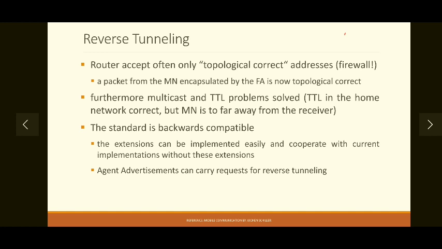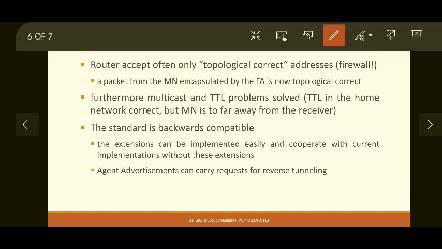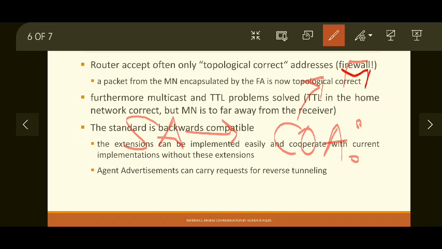Once it is encapsulated, the source address becomes not the IP address of the mobile node, but the COA. So the firewall will not block this COA, because COA is part of a new subnet that belongs to the foreign network. Destination address was never an issue for the firewall, so this problem is solved.